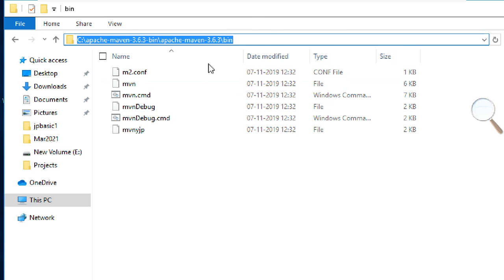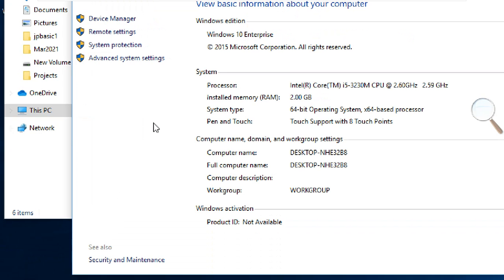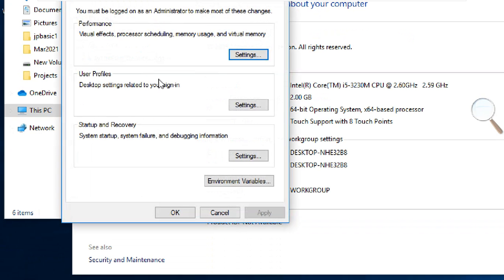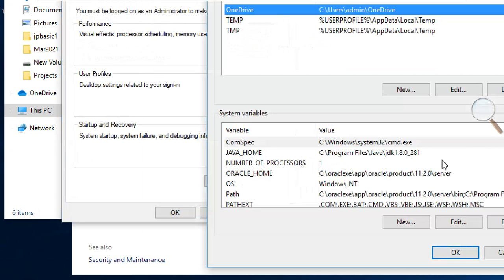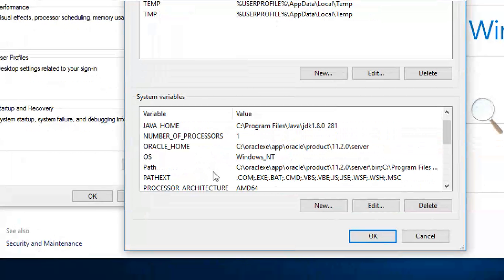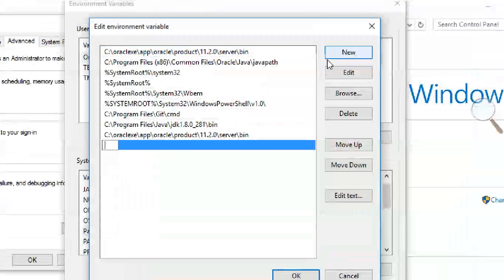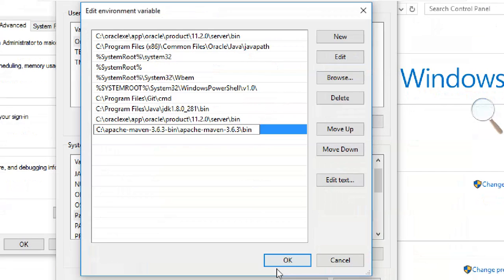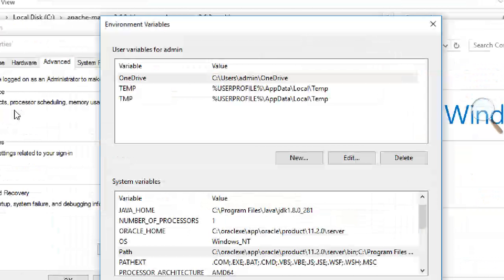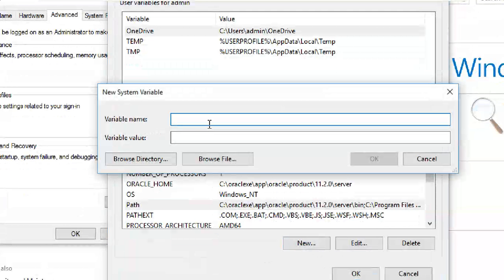First I'm copying this bin path completely, and I'm adding two environment variables. Here I'm adding new, but you have to add other things also, like M2.